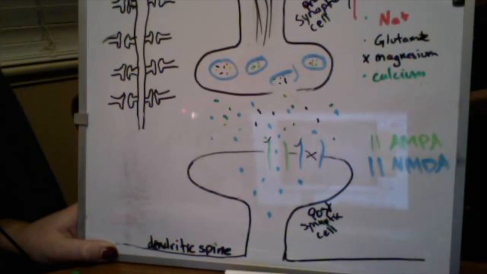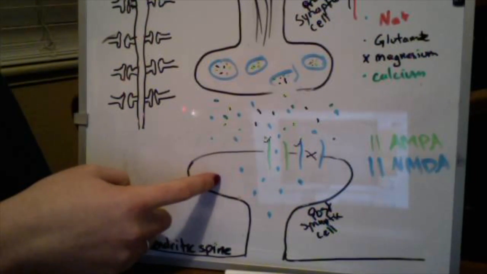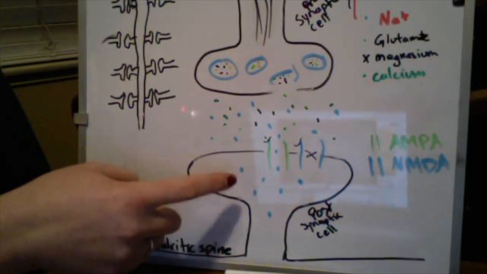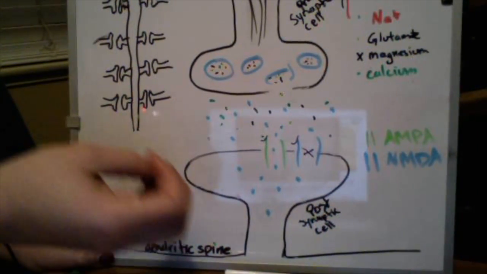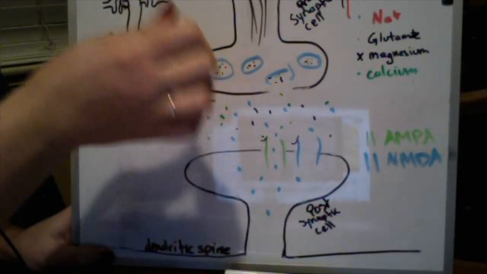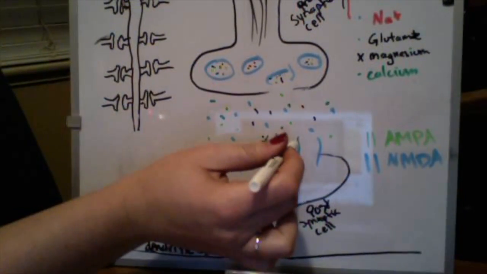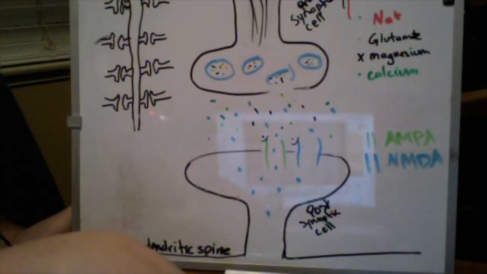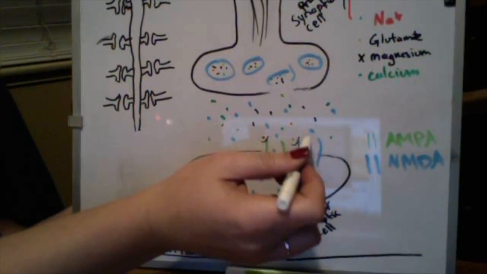In order for this connection to become stronger, the inflow of sodium ions is actually causing a depolarization of that cell. The depolarization of the cell actually causes a dendritic spike that pops out this block right here of the magnesium ion. And now glutamate can actually bind to this site on the NMDA receptor. This causes an inflow of calcium now as well into this